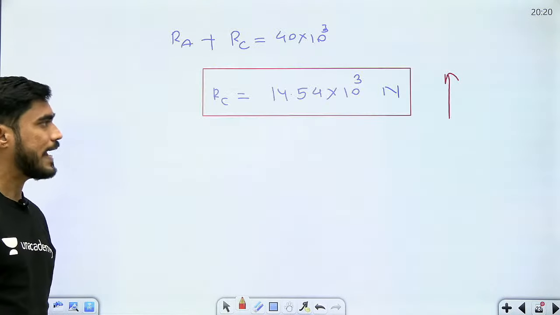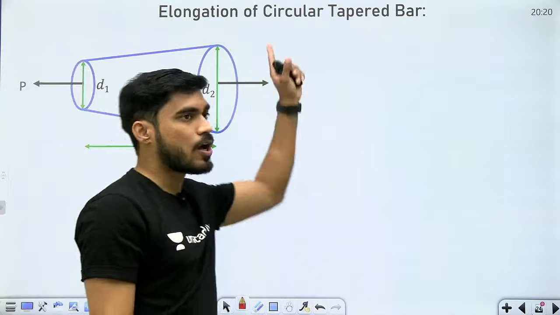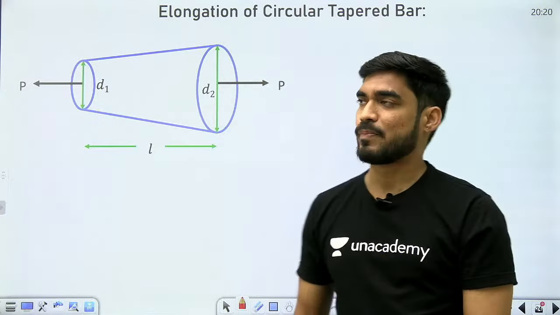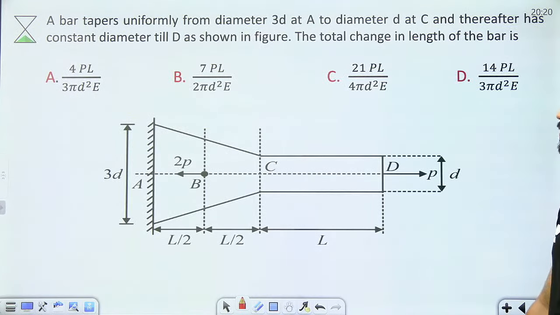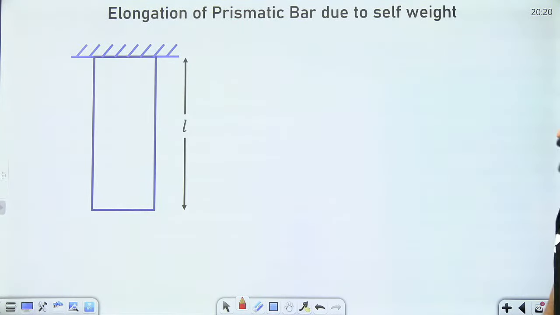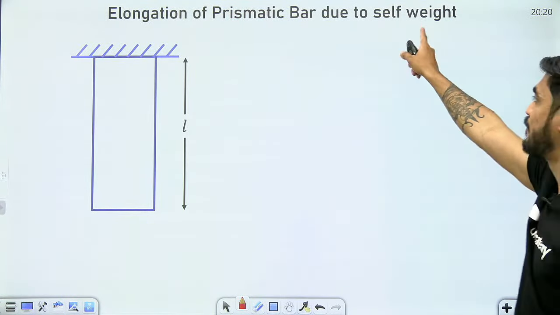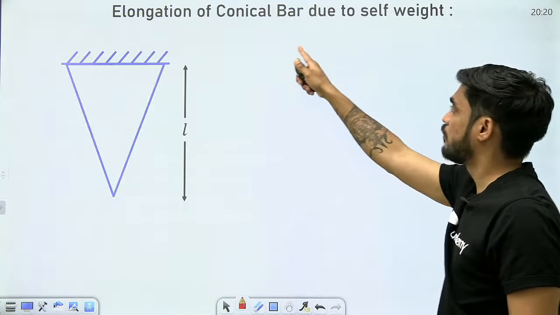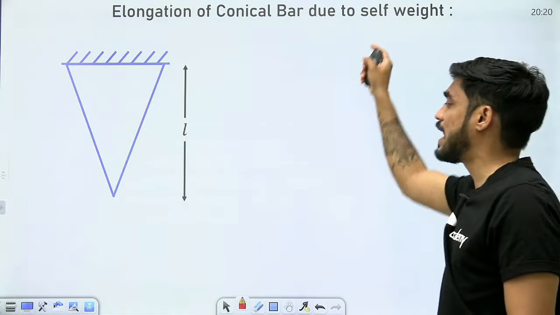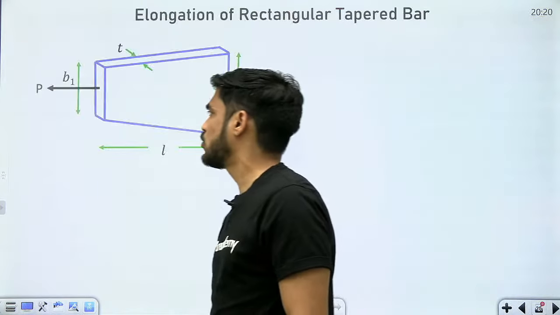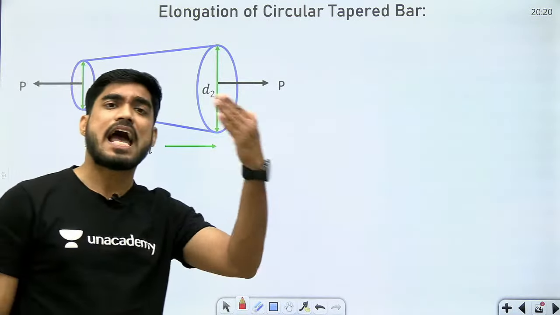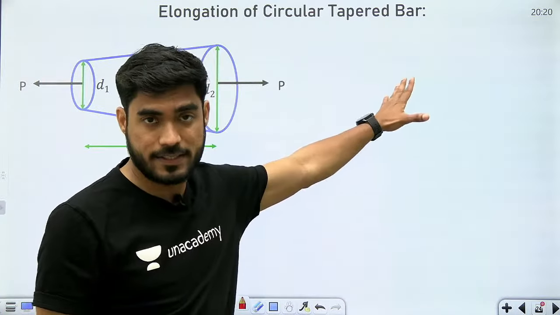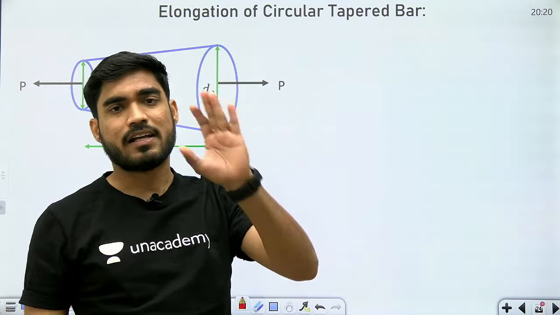So today we are going to find elongation of a circular tapered bar, elongation of a rectangular tapered bar, and solve problems of tapered bars. We are going to find elongation of a bar due to self weight, and elongation of a conical bar due to self weight. We are going to solve very interesting questions today. After this we have some numericals also based on this. So right now let's see